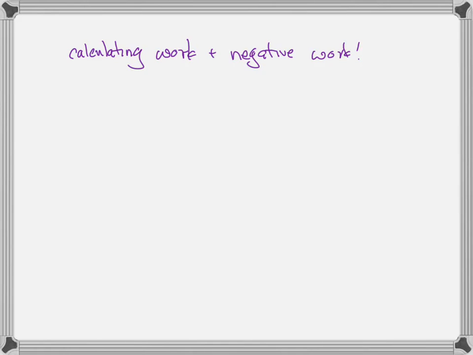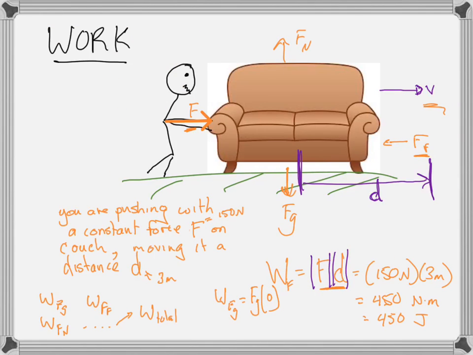So let's do some examples of calculating work and see what negative work means. Because remember, work is not a vector, but it is a scalar quantity, and scalar quantities can be negative, right? Scalar quantities can be negative, like a negative temperature, for example. So just remember that we had actually done an example